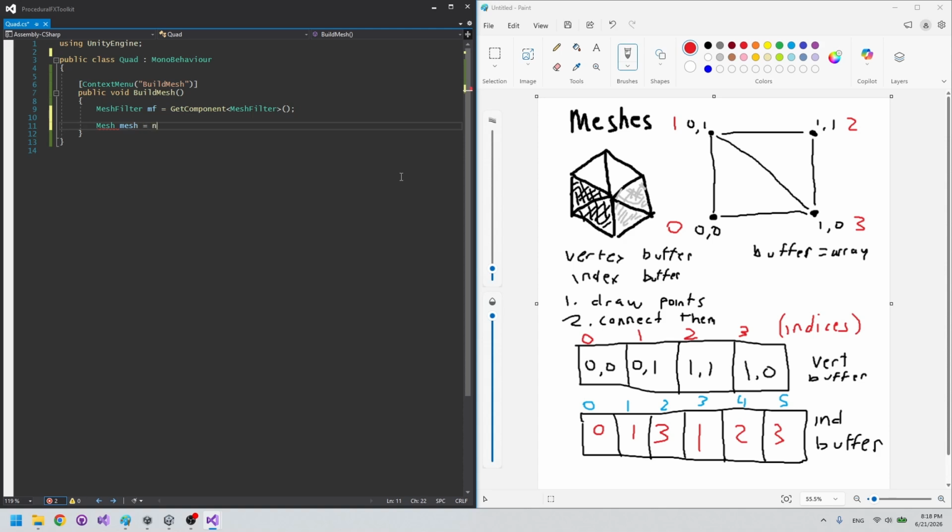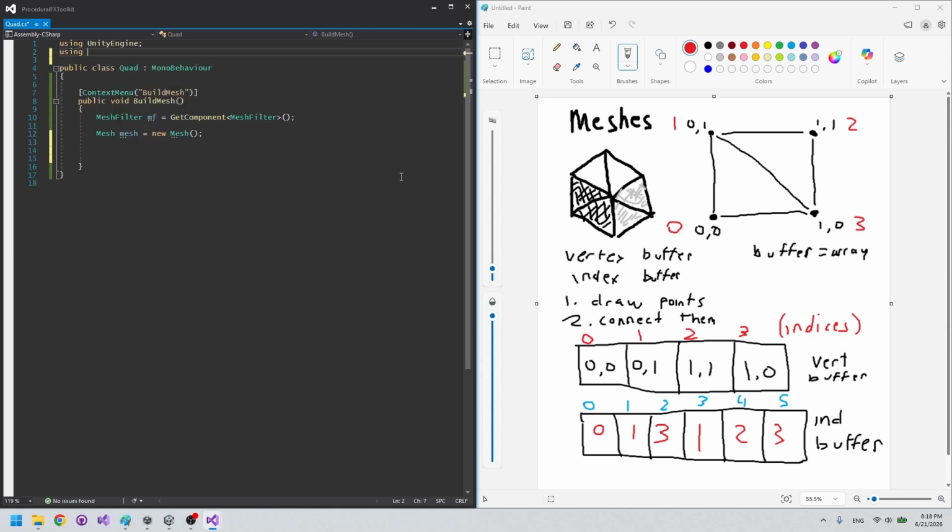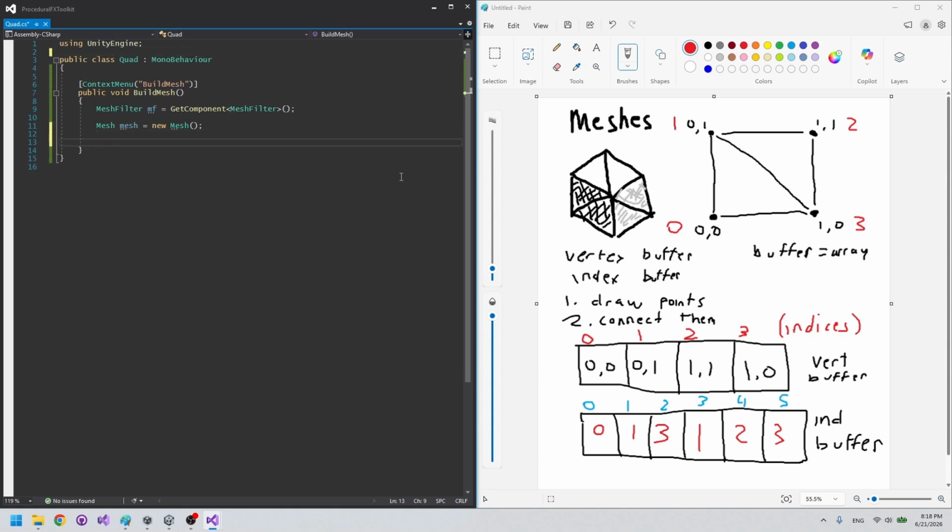So we'll just create our new mesh. So here's where we're going to be integrating these new concepts. So let's actually use a generic collection here, and actually, we don't even need this. Okay, so let's just get our new mesh built here. So what we'll do is go back to our template here, and let's create our vertex buffer first. So that's going to be an array of Vector3s. So we'll call it verts, and we'll create it this way